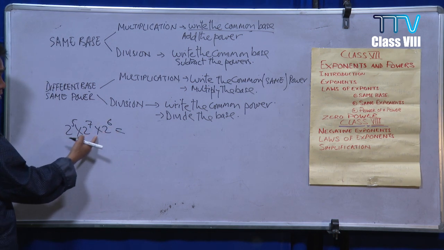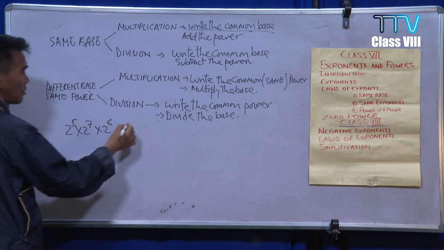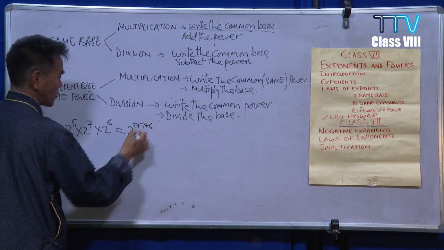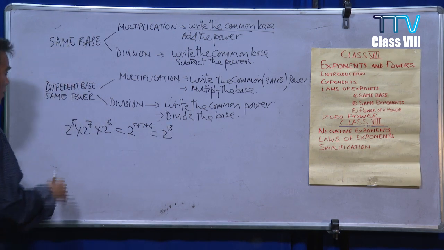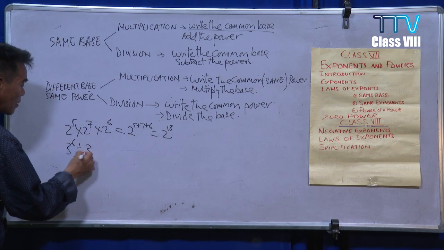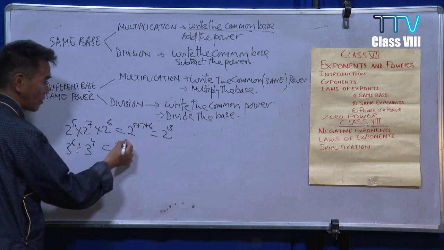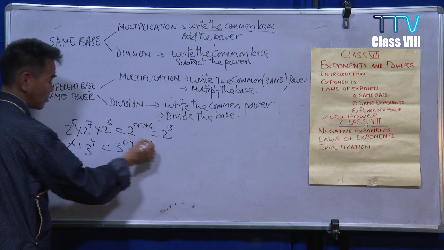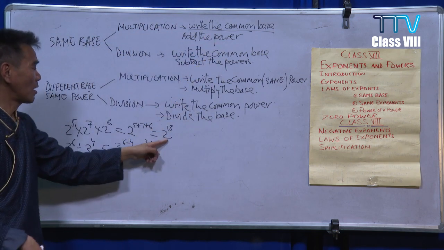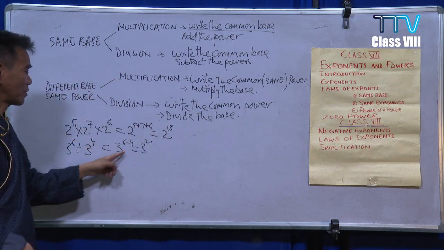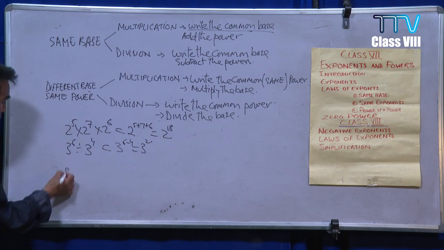For multiplication, with the same base, add the powers: 2 raised to power 12 plus 6 is 18. For division with a common base, write the common base and subtract the powers. For multiplication, write the common base and add the powers; for division, write the common base and subtract the powers. When the powers are the same, then okay, this one: 8 raised to power 5